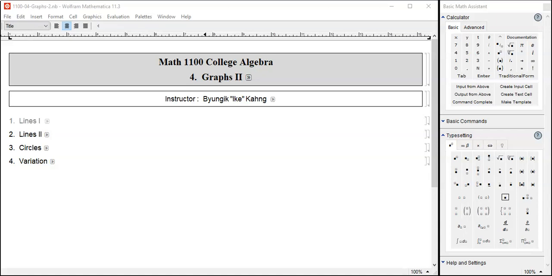Hello Math 1100 students, let's begin Lesson 4. Lesson 4 is a continuation from Lesson 3b. We continue studying graphs, but this time we're going to focus upon much simpler graphs than before, lines and circles